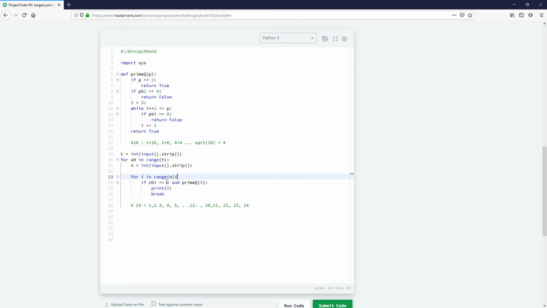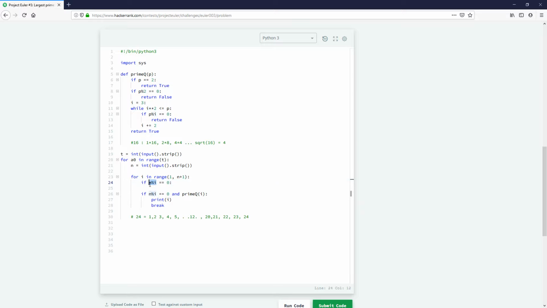So rather than looking at the number i, and I should actually start this at 1 and go up to n plus 1, we're going to look at n integer divided by i. And the first thing that we want to do is, if n mod i equals 0,